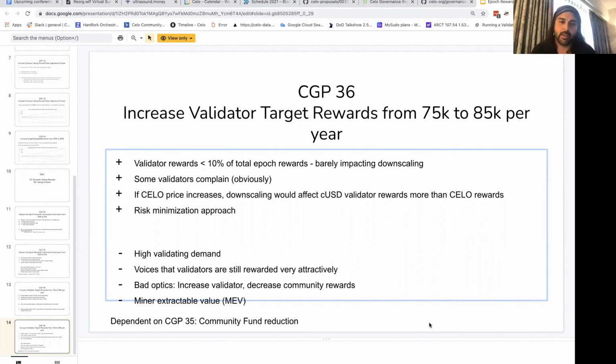Agree. And I really like your point about some validators complaining that the validator rewards aren't good enough. At the end of the day, validators are service providers, and if they're not happy, they can validate elsewhere. Celo is not designed for validator extractable value. It's not here to enrich the validator. Validators are paid for a service, and if they're not happy with that payment, there are other proof of stake networks. And there's always going to be an incentive for somebody to validate on Celo as long as there's a reward and you can reduce the costs.